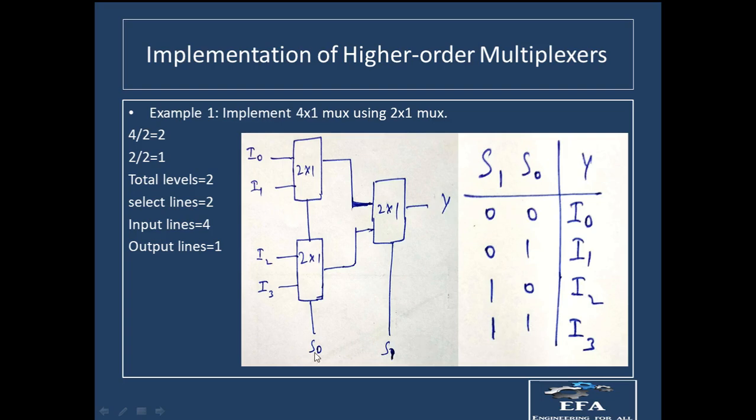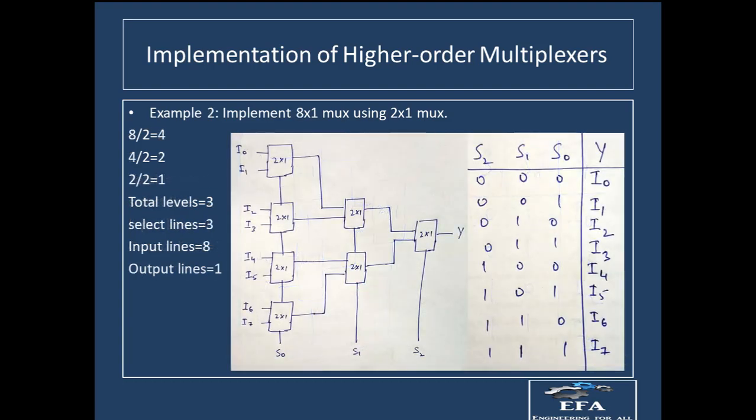Similarly for 1 1, if we are having 1 at this position, I1 from here and I3 will get the access to pass through their respective multiplexers. So at this position we will be having I1, at this position we will be having I3. Again at S1 the value is equal to 1, therefore I3 will pass through the multiplexer and I1 will be blocked, so we will be having I3 at the output. So this will be our truth table, which we receive from this complete multiplexer after implementation of the higher order, that is the 4:1 multiplexer, using the 2:1 muxes.